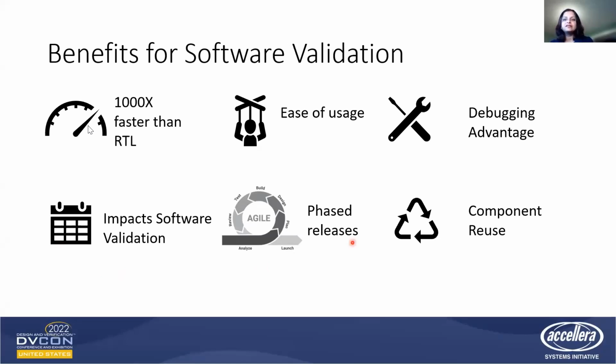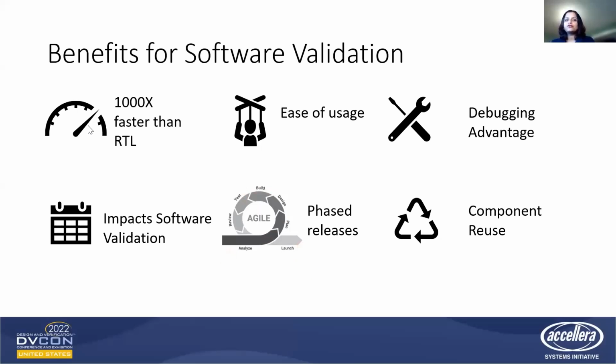It was done in phased releases. So we analyzed the software development plans. We picked the design blocks that they would go to develop and validate first. We build those models, we test them at our end, we review the features and functions with the software team, and then we make a launch once okayed. So there were multiple phase releases of the virtual prototype so that all the development and validation was always in sync with the software team.